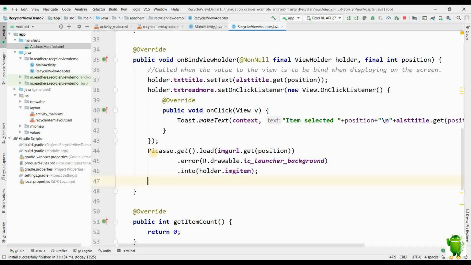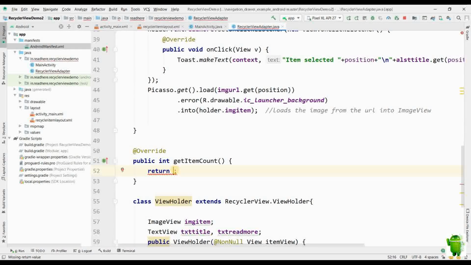Mind you, you don't have to give the id, you have to just give the object of the image view there, and it will load the image from over the internet from wherever you have given or taken the location. So right, we're almost done there.